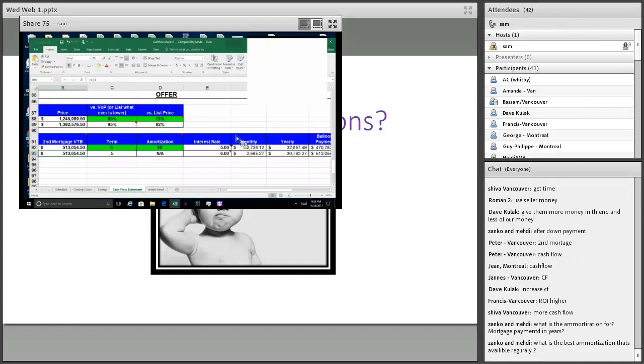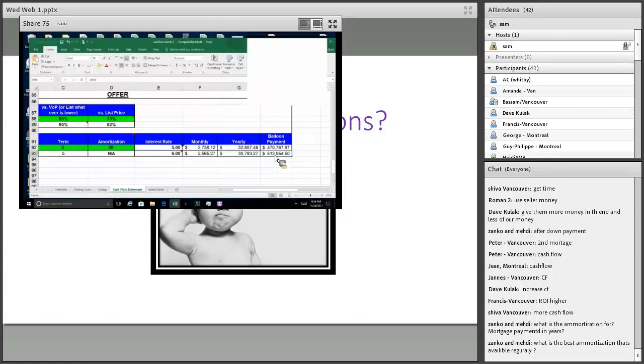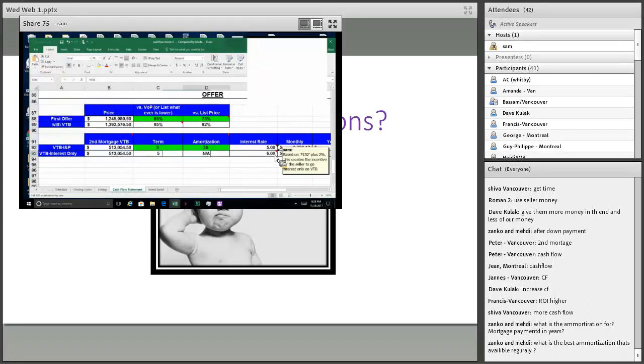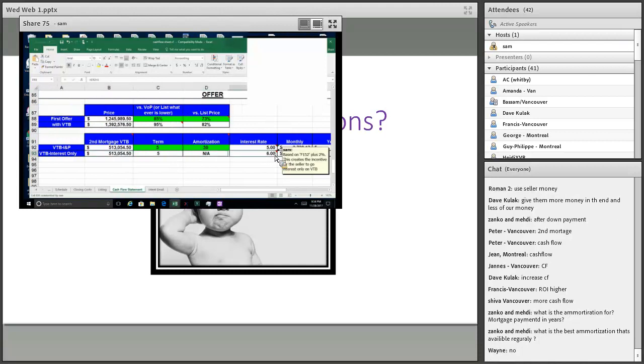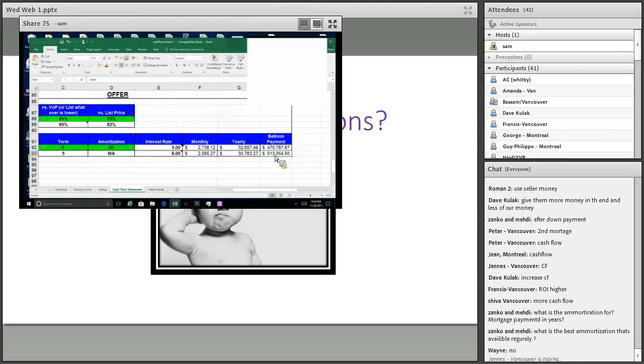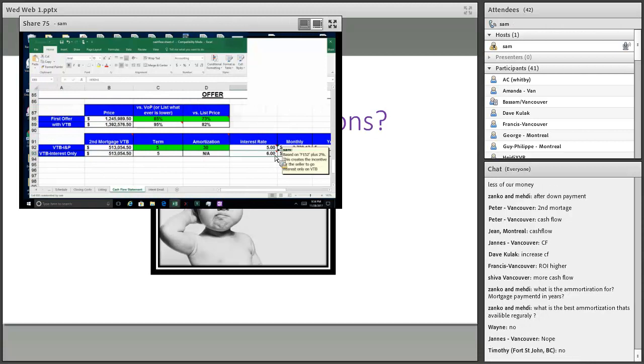Okay, so in this case, we see that we go 6. The payment's going to be less. The yearly is going to be $30,000 because that's pure interest. And you can see, does everybody see that? $513,000. That's the total amount that was borrowed. We didn't bring any of that principal down for us. Do we care that none of the principal has been taken down? No, we don't. Because we're looking for cash flow, right?